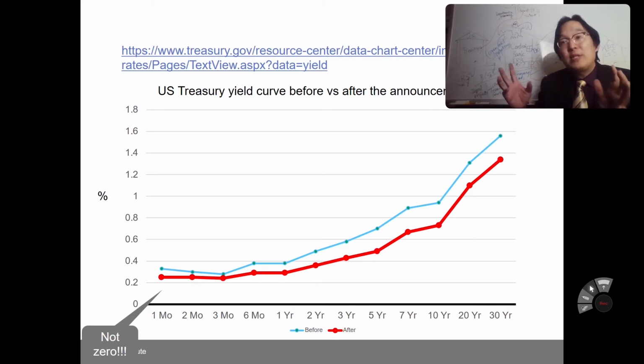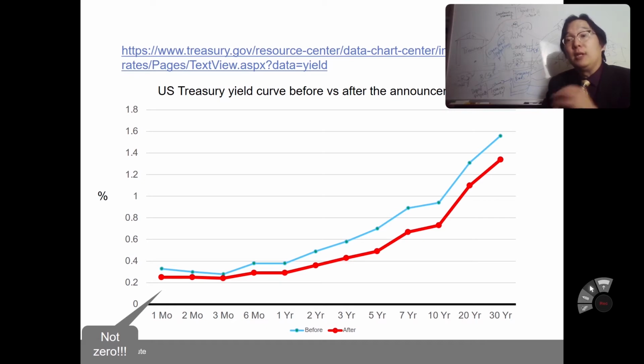Now, how is it important? Why do we care about this in a corporate finance setting? Because this U.S. Treasury rate will be your starting point of the risk-free rate, as long as you are valuing in U.S. dollar terms. And depending on your investment horizon, if your investment horizon is 1 year, then the risk-free rate has